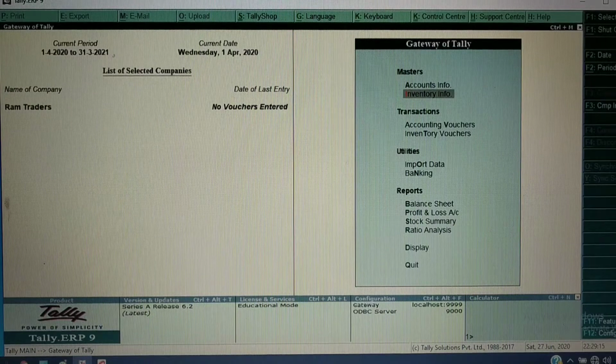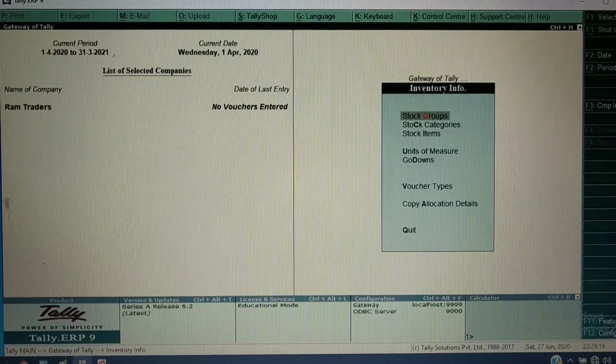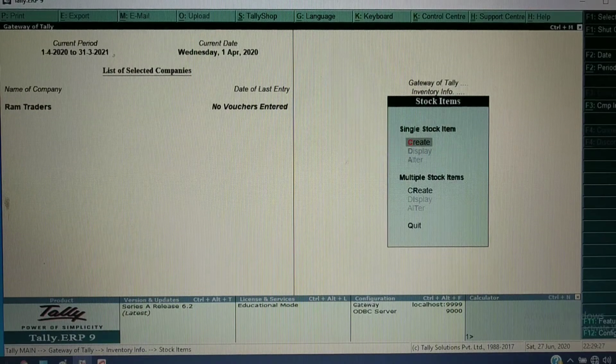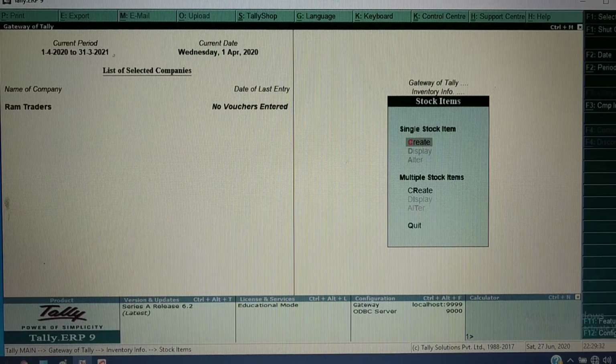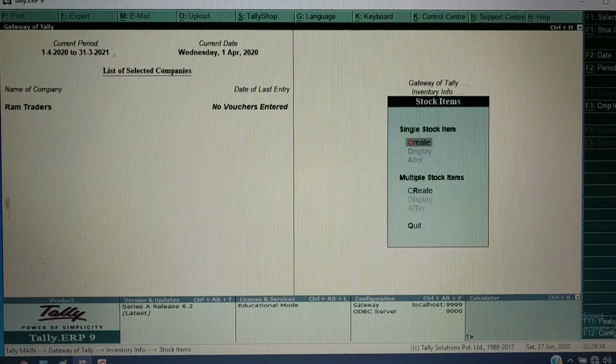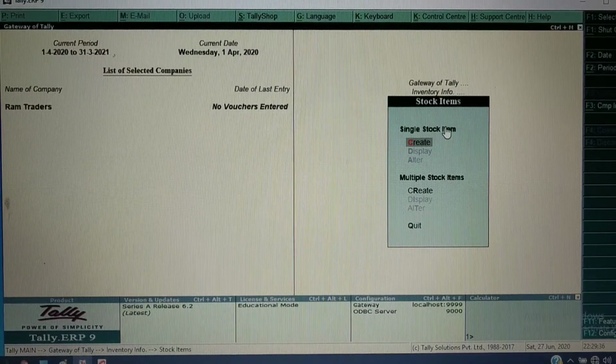If you want to create items, you need to use this inventory info. Click on inventory info. Here you can see this option as stock items. You need to click on stock items, or else you can press I from your keyboard to open the stock item dialog box. Here we can see single stock item and multiple stock items.